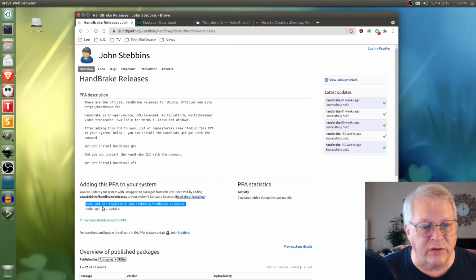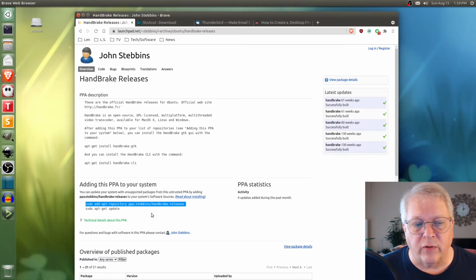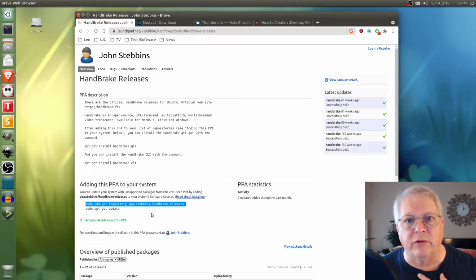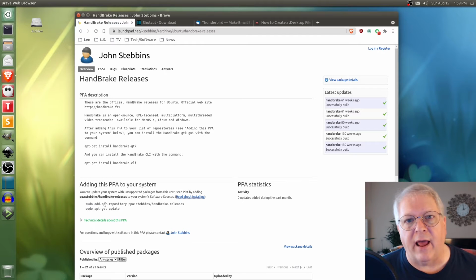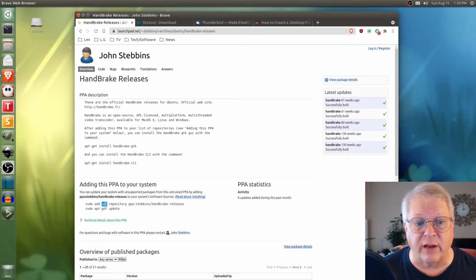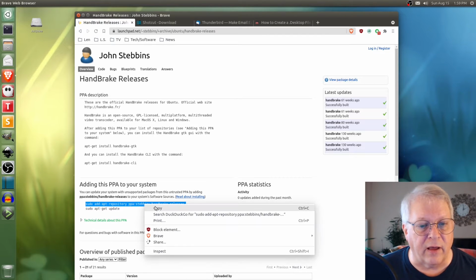line right here, sudo apt repository, sudo super user do. Okay, so I'm telling the computer, I'm the super user. Computer, you do what I want you to do. We're going to add, apt. Apt is part of the system that is used to install software. So we're telling apt that we're going to add a repository, and that repository is going to be a PPA, and it's from this guy, and it's going to be for this software. Okay, so I select that line, I copy it,